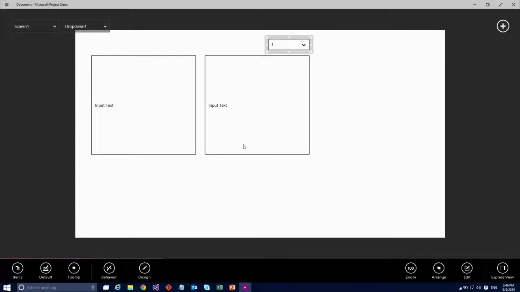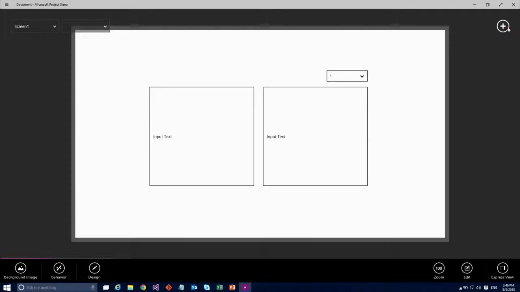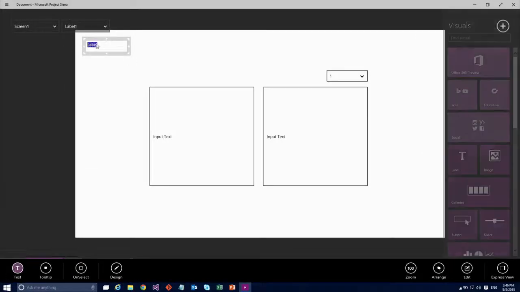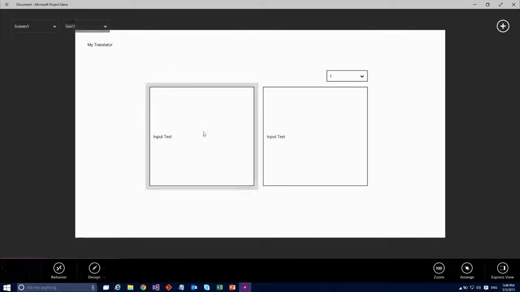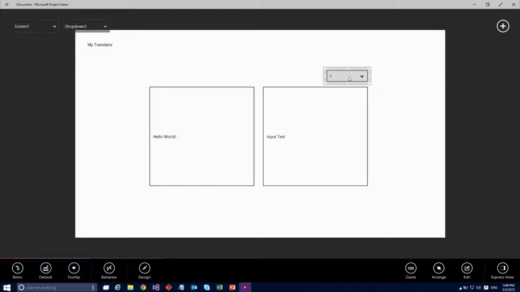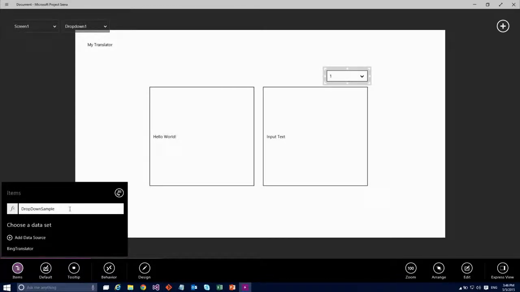So I'm going to go in here, and I've got my controls laid out. Oh, sorry, I missed the single most important thing of an app. It's my branding. OK, great. Now it's an app. So I can go in and I can type some text here. And then what I want is, I want this text to translate, and I want the results to be in this text box. So the first thing I need to do is get the list of languages that I can translate into. Let's take a look at how to do that.